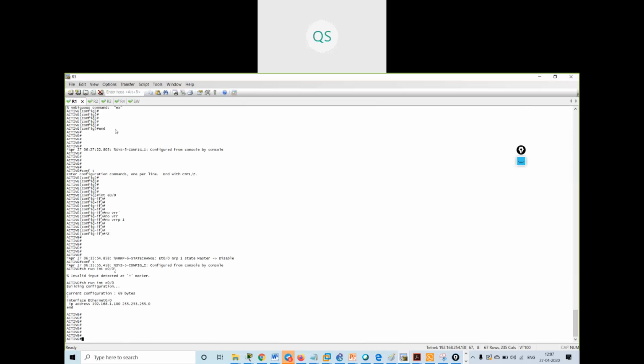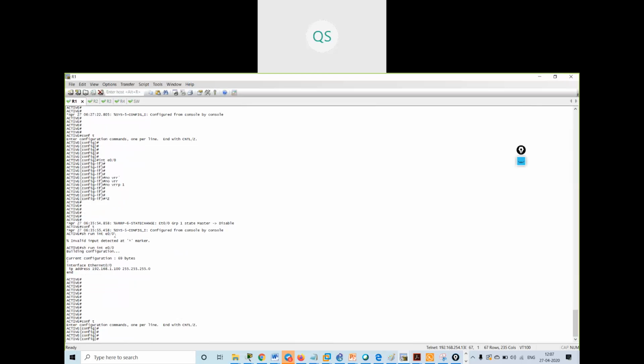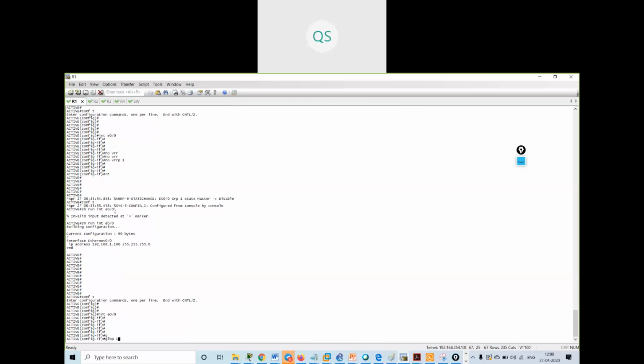Now I will go on this R1 router and say config terminal. The configuration is the same as my HSRP, interface E0/0, just it starts with GLBP group number 1, IP address 192.168.1.150. I have given the IP address as 1.150.